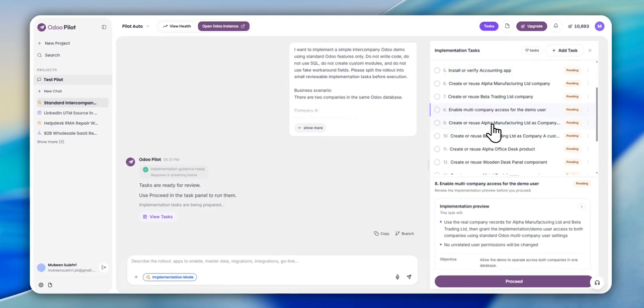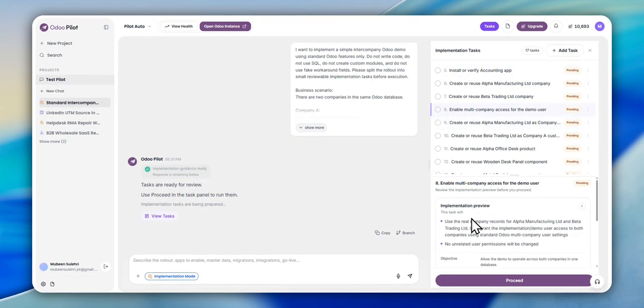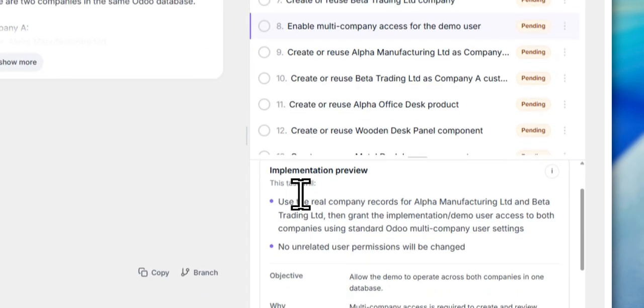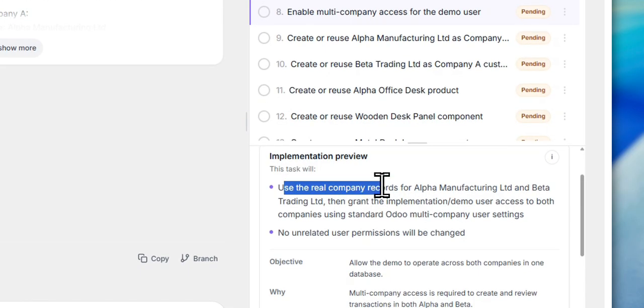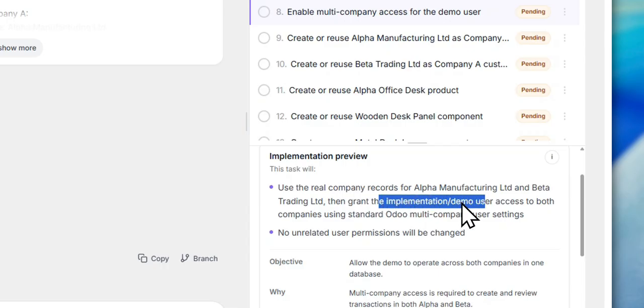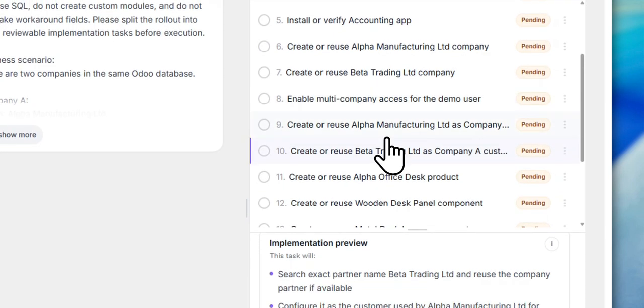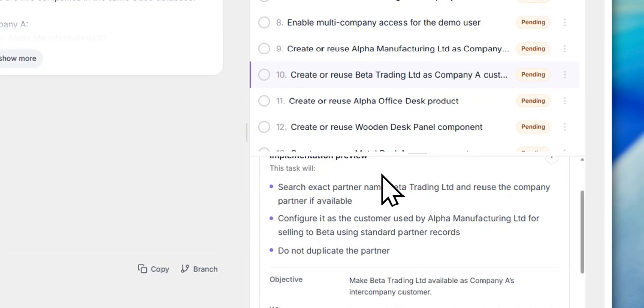Each app and each task has a detailed description below, for Odoo Pilot and for me as well. Use a real company record for Alpha, Beta and the trading company, and grant the implementation user access to both companies using standard Odoo. Each task has all the details of what it is going to do.